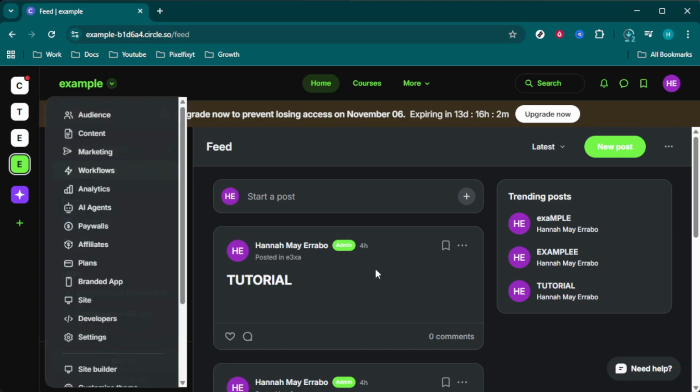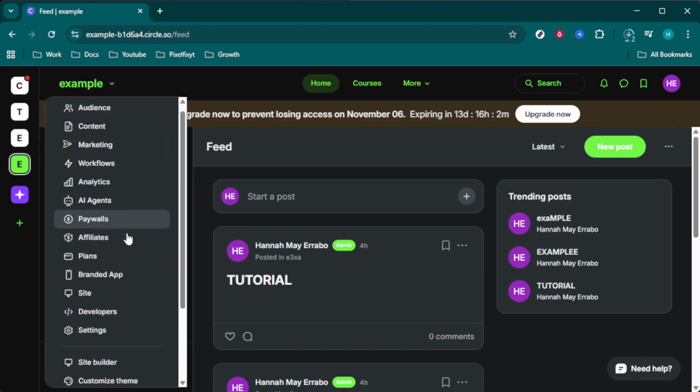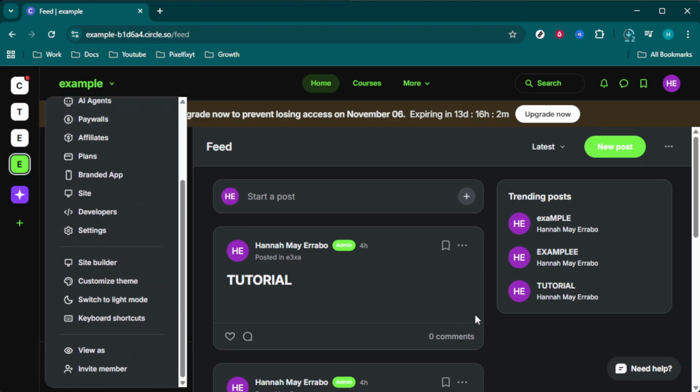Now it's crucial to test this integration to ensure everything is working as expected. To do this, add a test